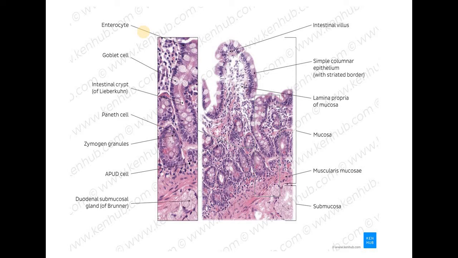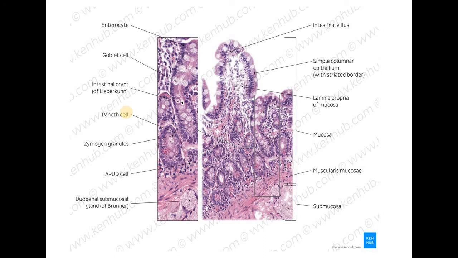A few mitochondria are also seen in the goblet cells, and the mucus or mucigen secreted by the goblet cells is in the form of a glycoprotein, bound by a membrane derived from the Golgi apparatus. Another type of cell present is the Paneth cell. These are goblet cells and these are Paneth cells, and the main function of goblet cells is to secrete mucus. The intestinal glands or crypts of Lieberkühn are seen in the lamina propria of the mucosa, extending up to the muscularis mucosae and opening into the spaces between the villi.